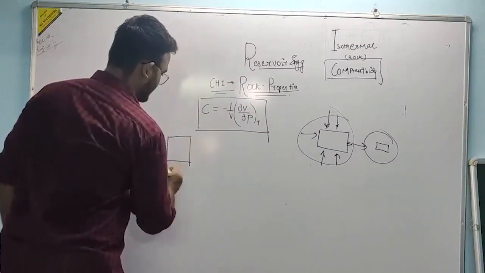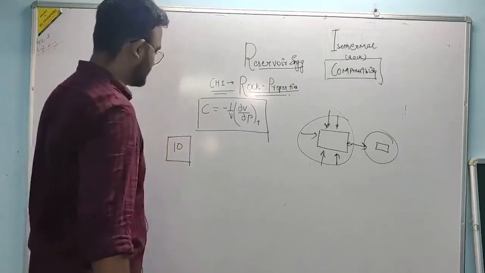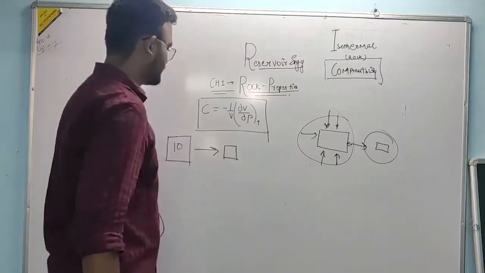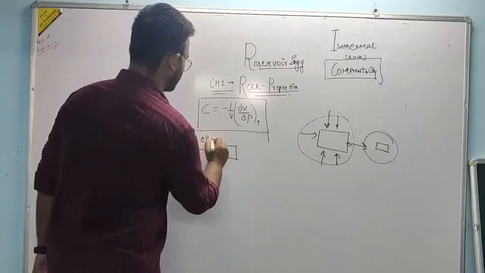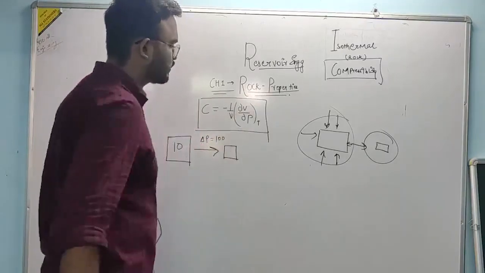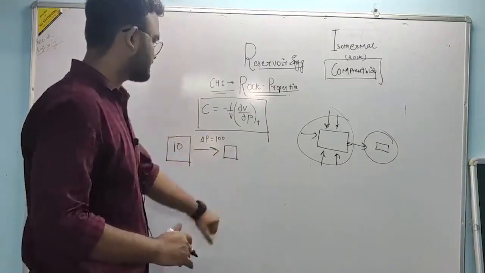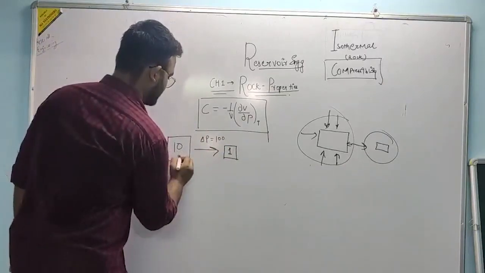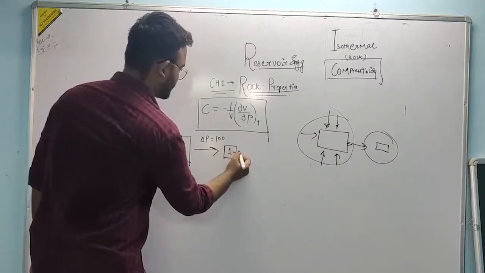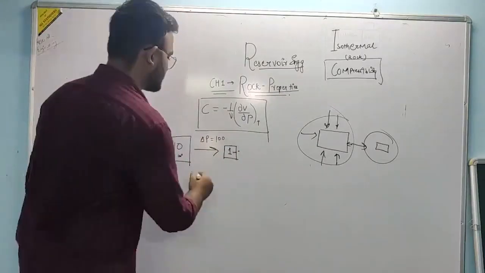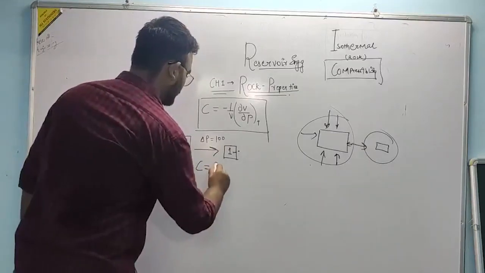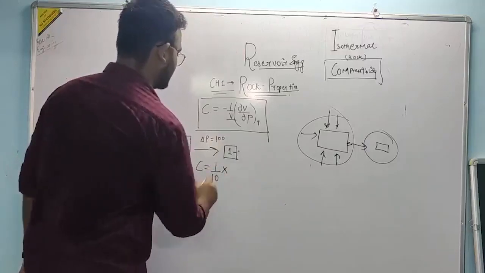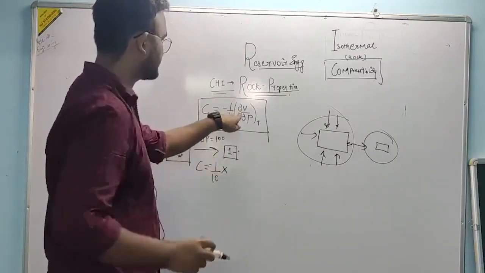this is my sample. Its initial volume is 10 units, let's say, and it changes to a small sample due to application of delta P pressure, which is 100 units. We're not talking about unit dimensions right now, just to understand the concept. It converts to 1 unit, let's say centimeter cube, right? So what's the compressibility? Compressibility is 1 by initial volume. This is the initial volume, which is 10, multiplied by, now minus sign is there because otherwise you can see